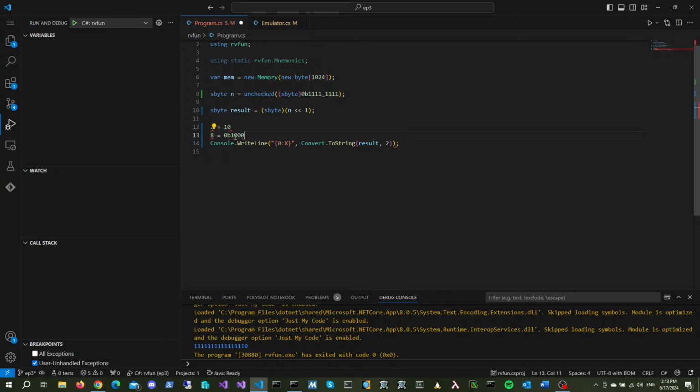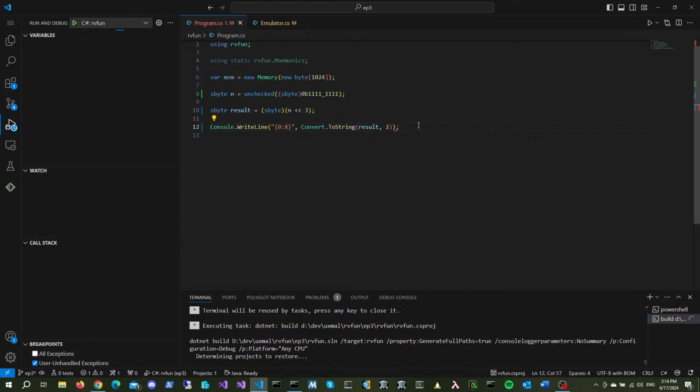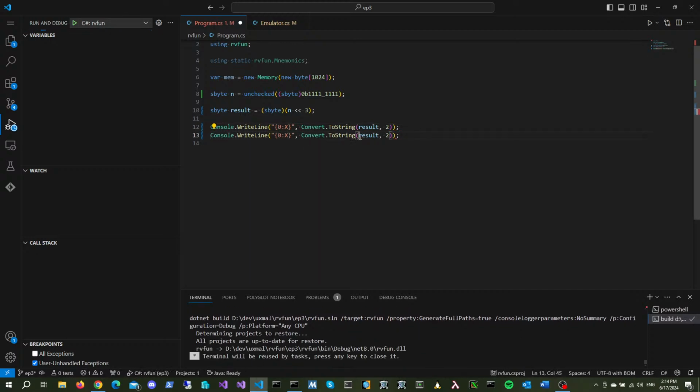To multiply by 8, you shift by 3 digits. So if I wanted to multiply this negative number 1 by 8, I would shift it to the left by 3. And so now if I run this, you will see a bit pattern, but let's also print out this number